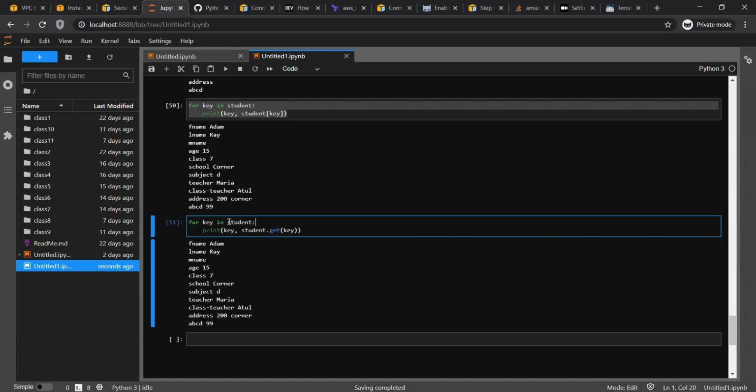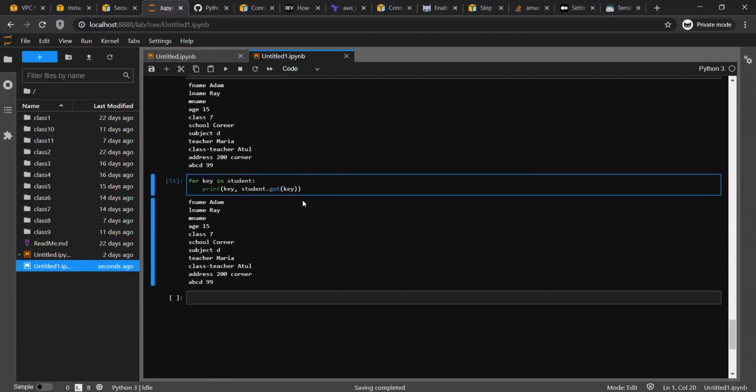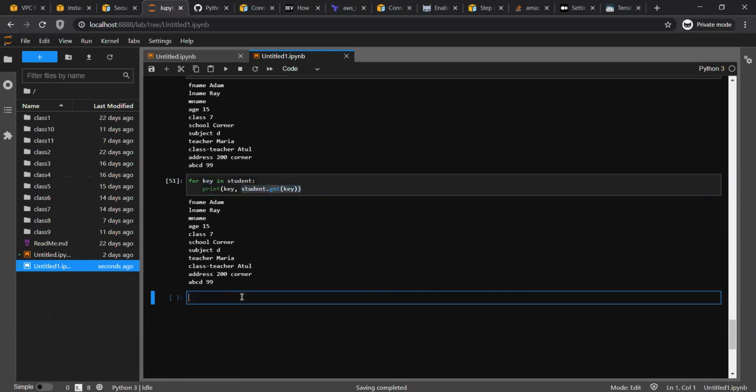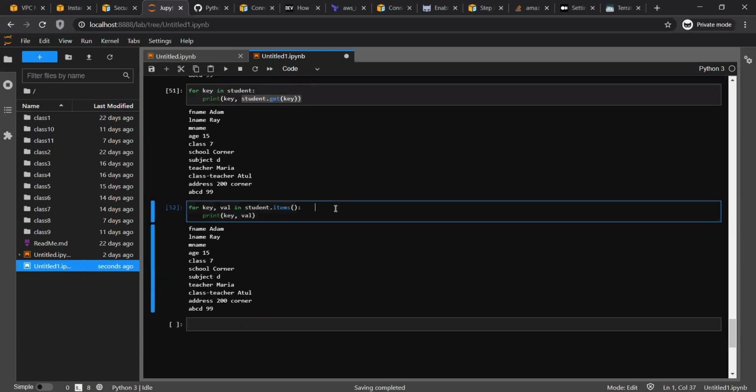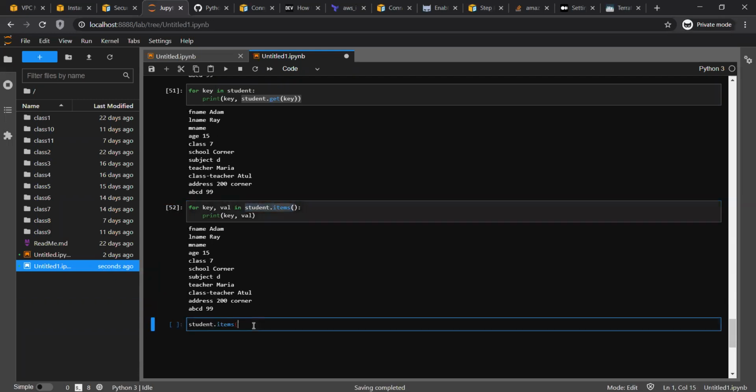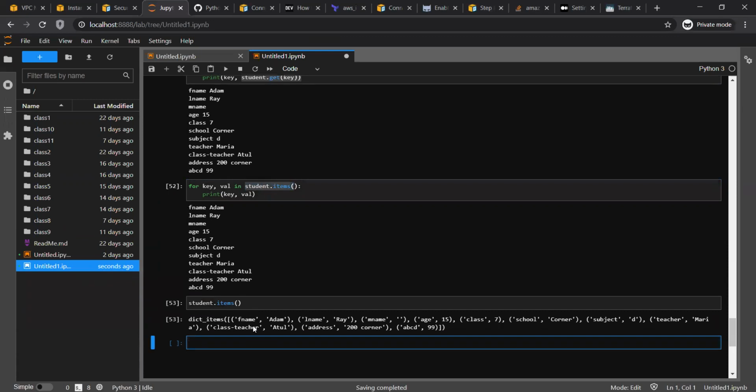A simplified way. So rather than only fetching the key here and then doing the get key operation, what you can do is: for key comma val, where val is actually value, in student dot items, print key comma val. What is it doing? I'll explain. If I run this only, see what it returns.